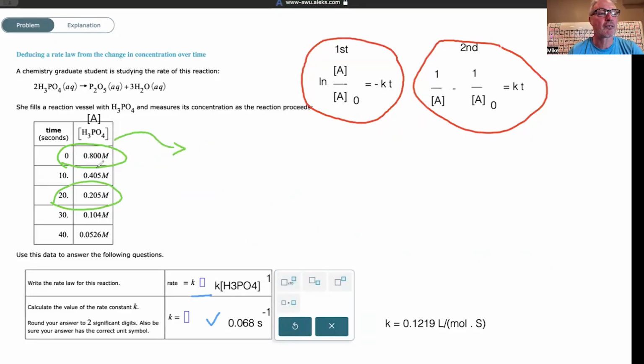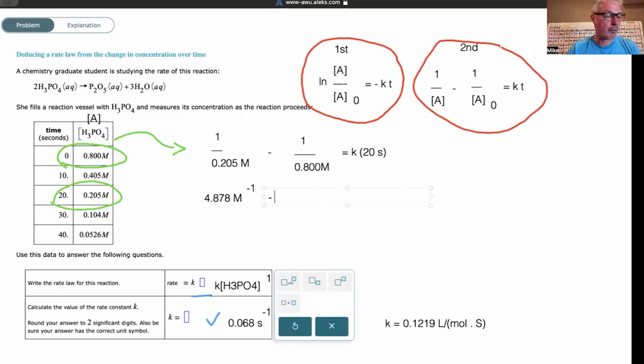1 over concentration of A would be 1 over 0.205 molar minus 1 over 0.800 molar equals K times 20 seconds. Boom. Here we go. What's 0.205 inverse? 4.878 inverse molarity units